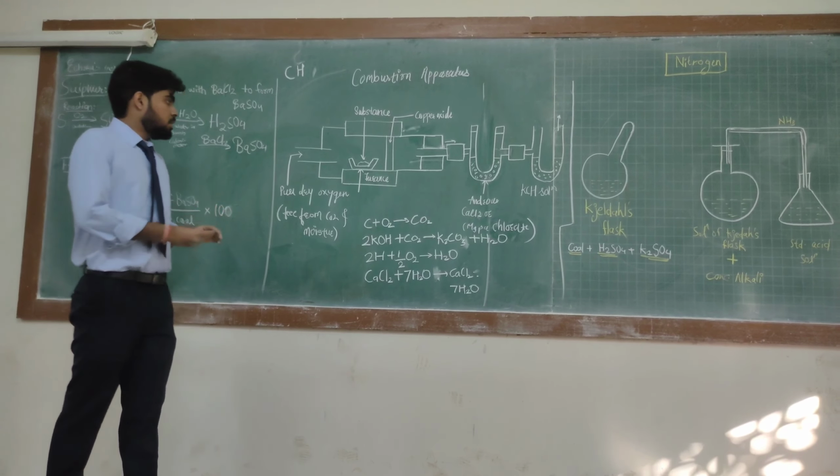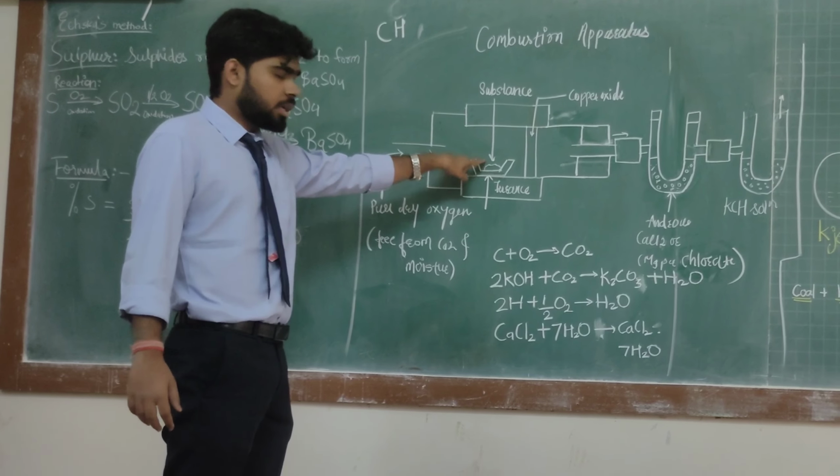So we will take a known fixed quantity of coal, which we will place in a crucible or a dish, and we will let it get combusted in an open chamber which has a supply of pure dry oxygen. The oxygen is supplied from here. This coal